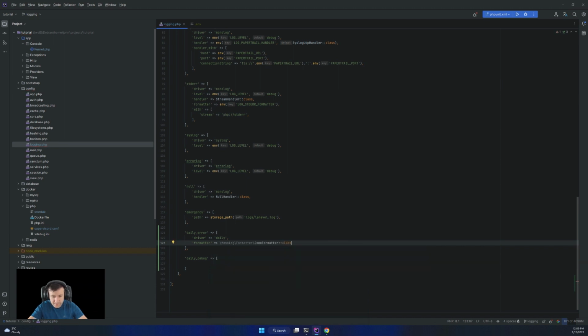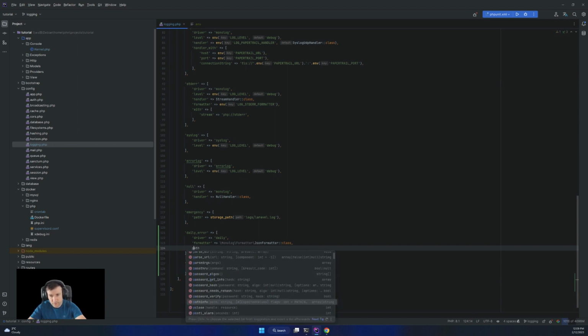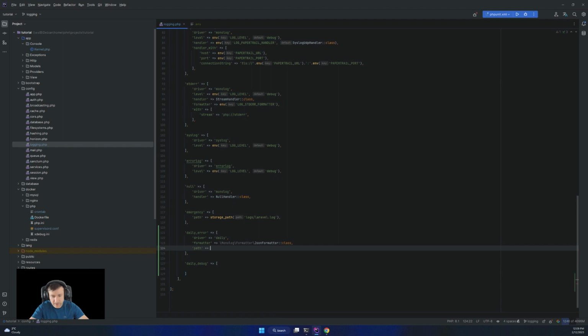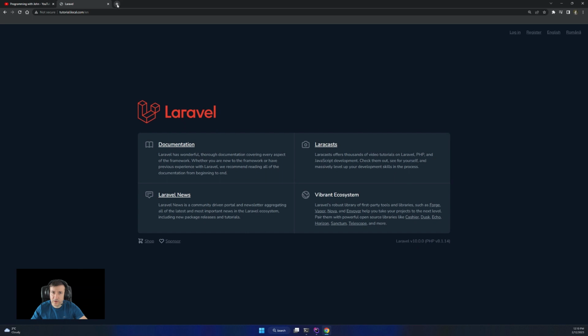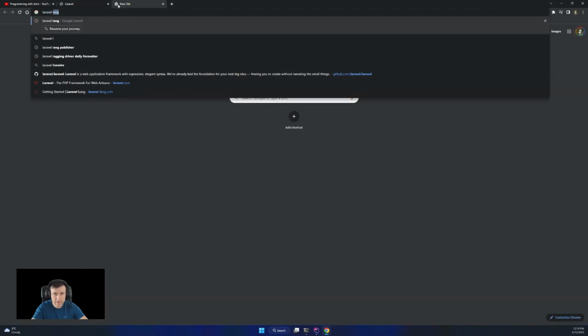So that will be this. Then we want to define a path, and the path will be storage path of logs, and then error.log, and then what level should be in here. If you don't know this, it's in the Laravel documentation, Laravel logging.